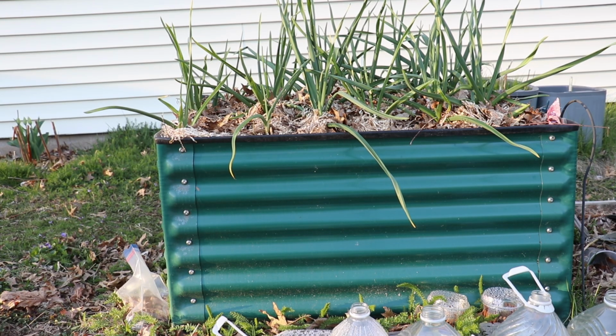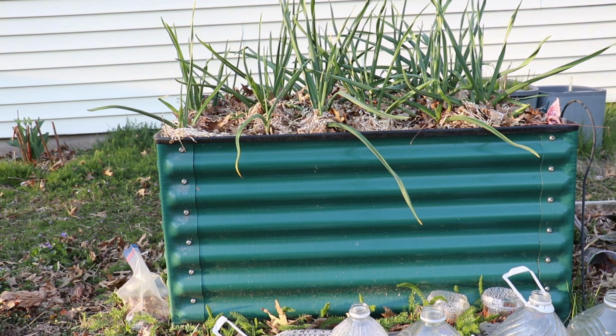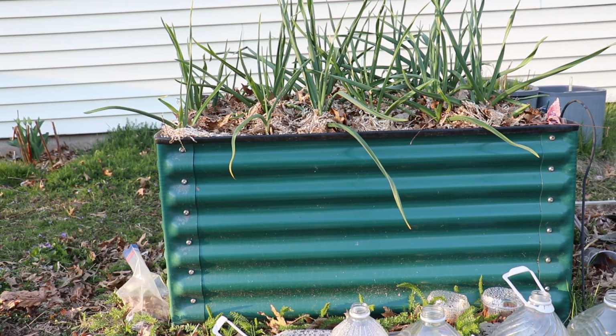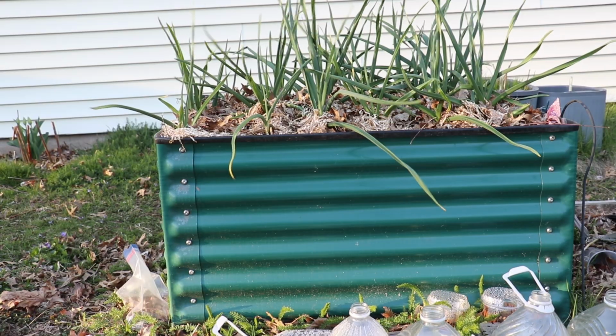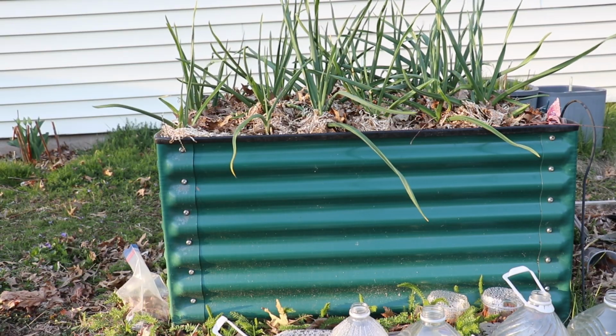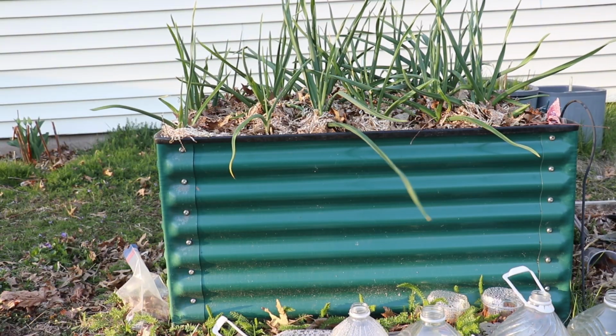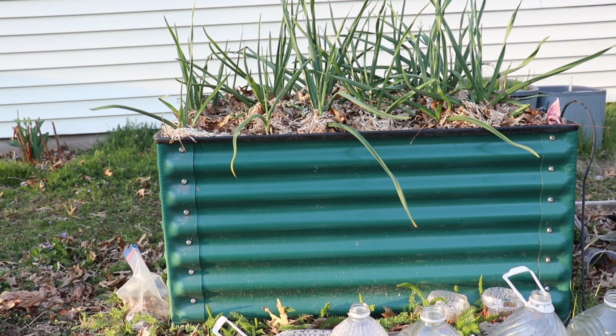So this raised bed for the last 3 years has experienced every season: snowstorms, ice, heat, everything in between, of course, rain. But this raised bed has experienced everything. And I will say that I love the quality. I haven't noticed any bowing, especially because pretty much every year it will settle in a little bit,